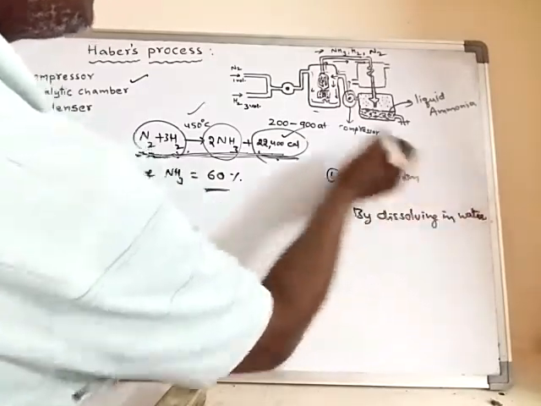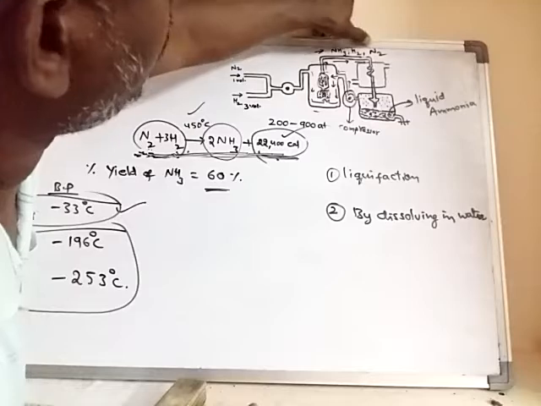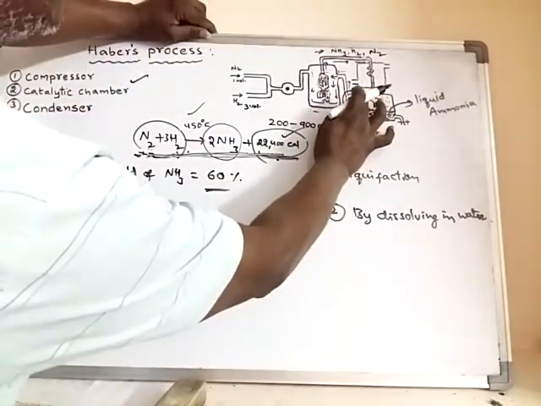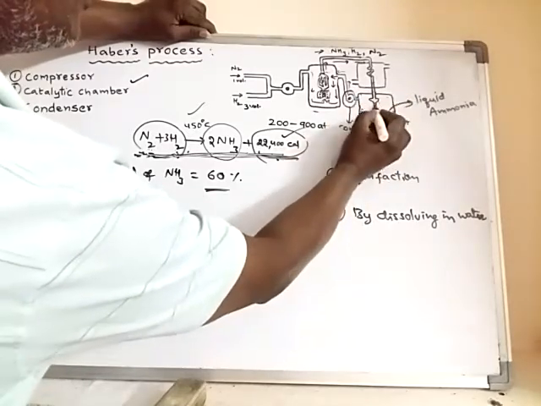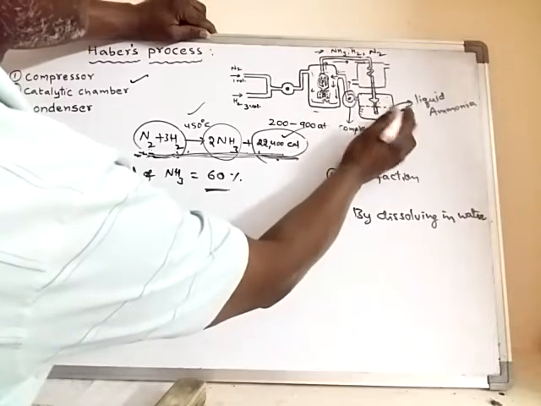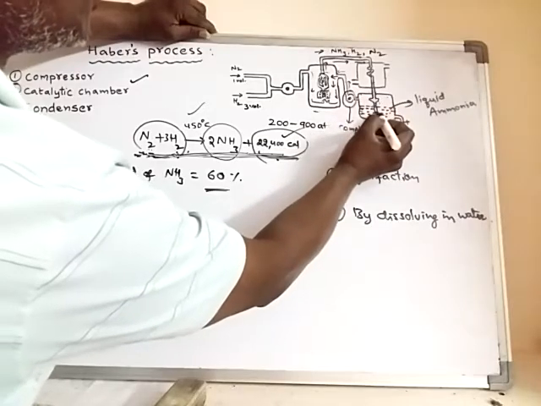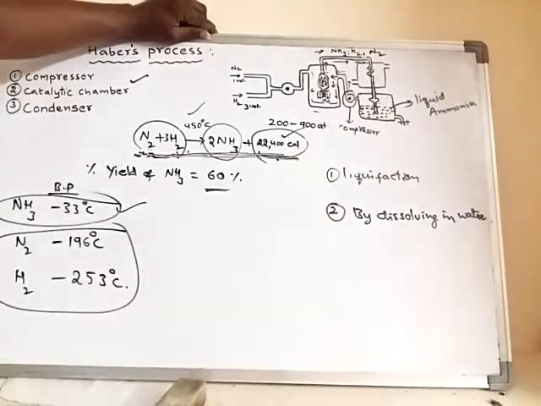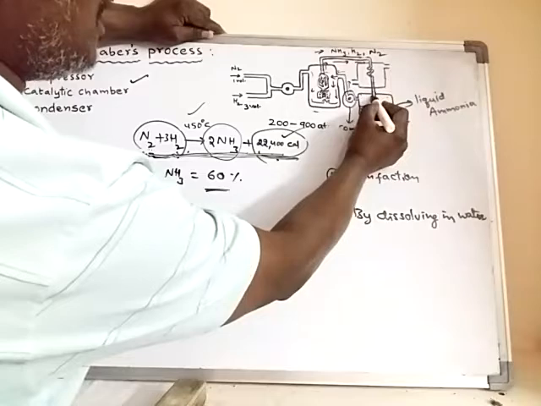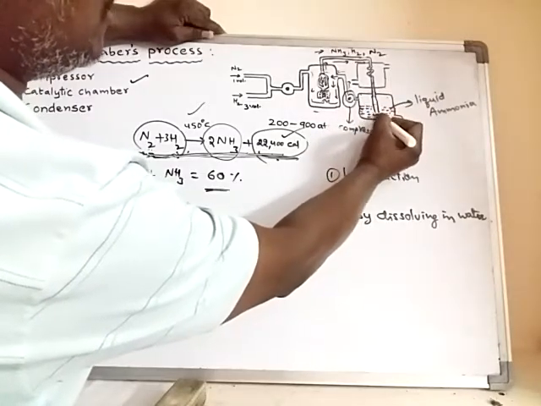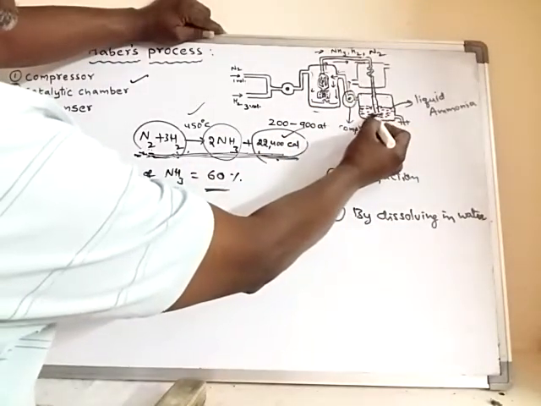See, here the gaseous mixture which is coming contains what? Ammonia, hydrogen and nitrogen. So this gaseous mixture is sent into water. So now this is water. Here there is no need of sudden expansion, so the orifice is not present. Simply that gaseous mixture is sent into this water, and they will form bubbles.